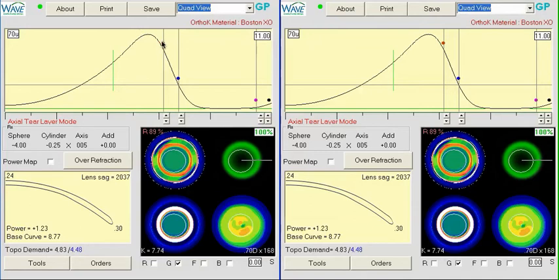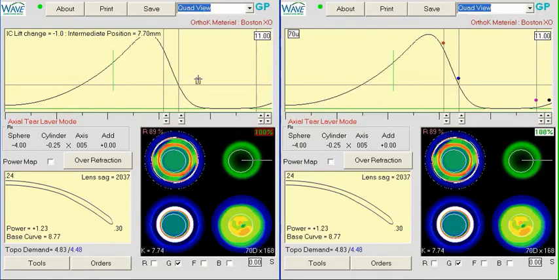So right now we have an OZ at 6.3, I'm guessing 6.9. So if we were to move this back maybe a millimeter or so, and we also want to note that our power right now is 1.23, and what I kind of use as a gauge is where the tear layer crosses the 20 micron line. So where do you start to see fluorescein? Right now we're at just over 3 millimeters. So if we were to move this back